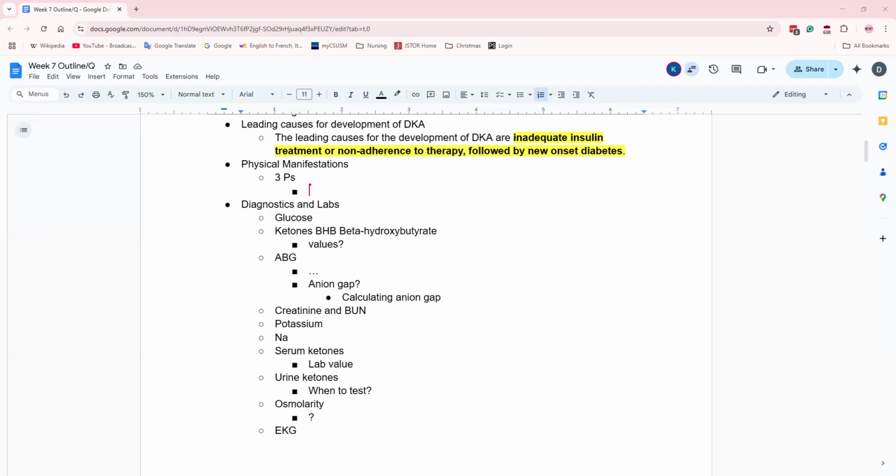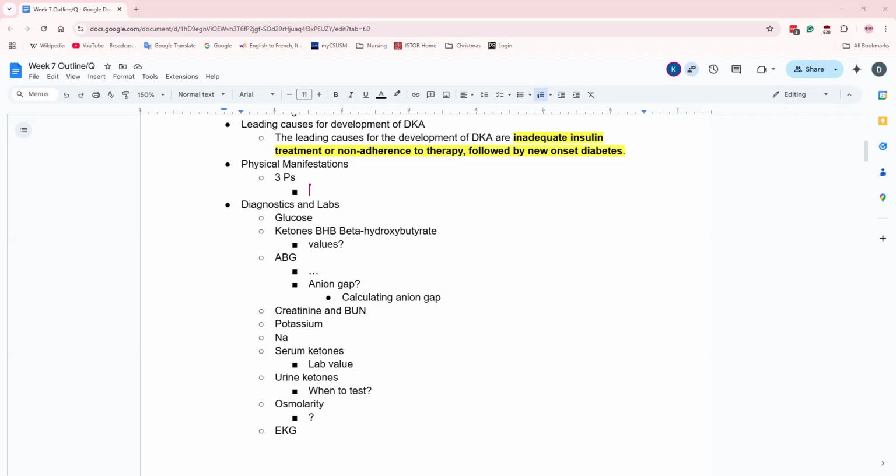Kussmaul's respirations. Kussmaul's respirations, yeah. So it's defined as tachypnic, fast breathing, deep and fast. The reason that's happening is because they want to try to correct acidosis by using the respiratory system to compensate. So they're trying to blow off extra CO2 to rebalance our scale and lead us back to a normal pH level out of acidosis.